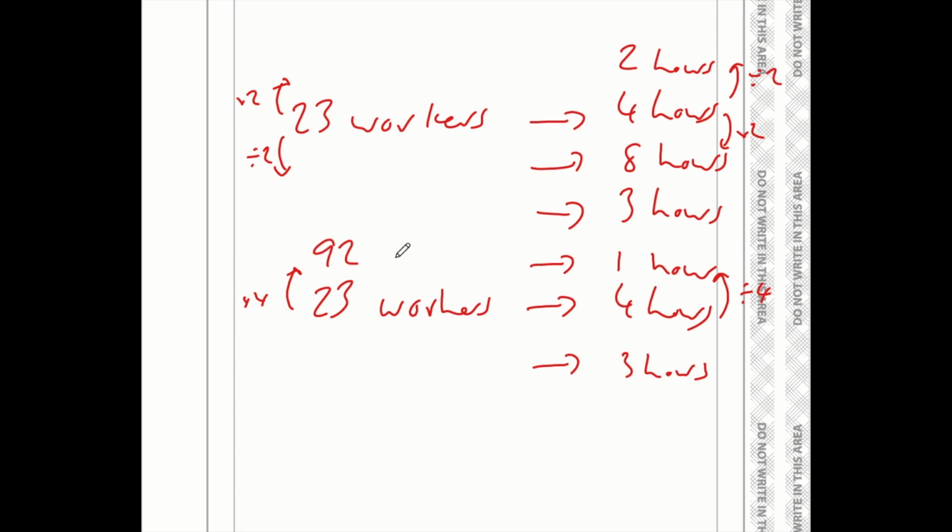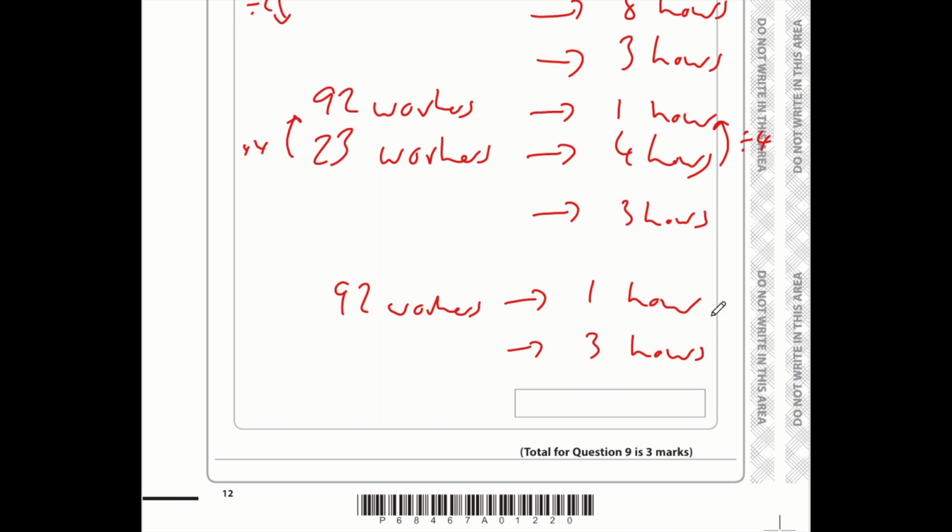So we need 92 workers for 1 hour. So therefore, if 92 workers gets the work done in 1 hour, and we want to get the job done in 3 hours, that is triple the time, so we need 3 times fewer workers, and 92 divided by 3 is